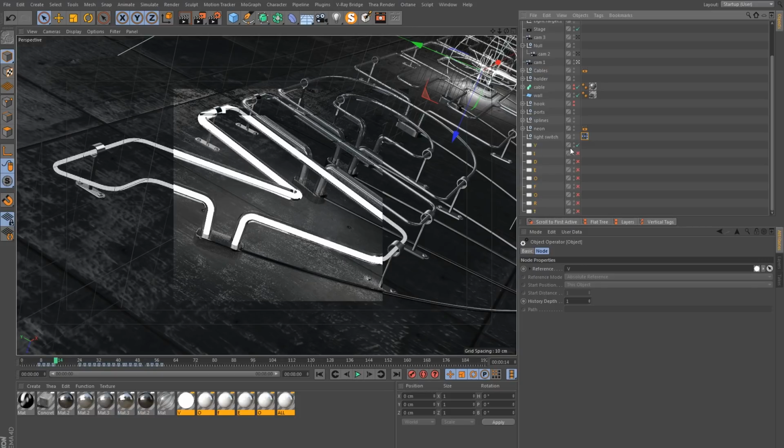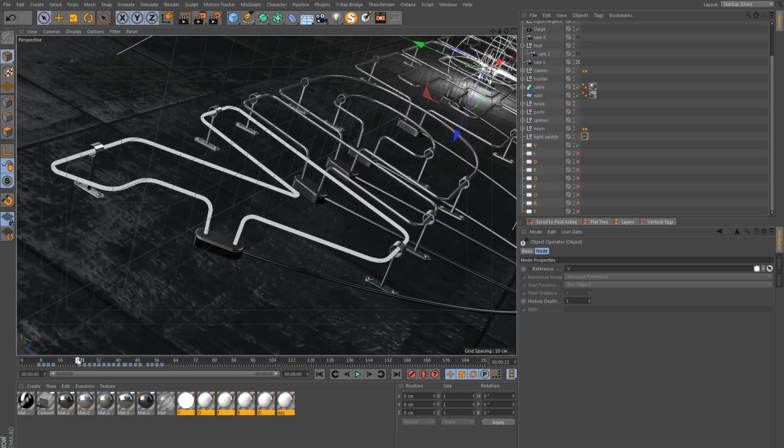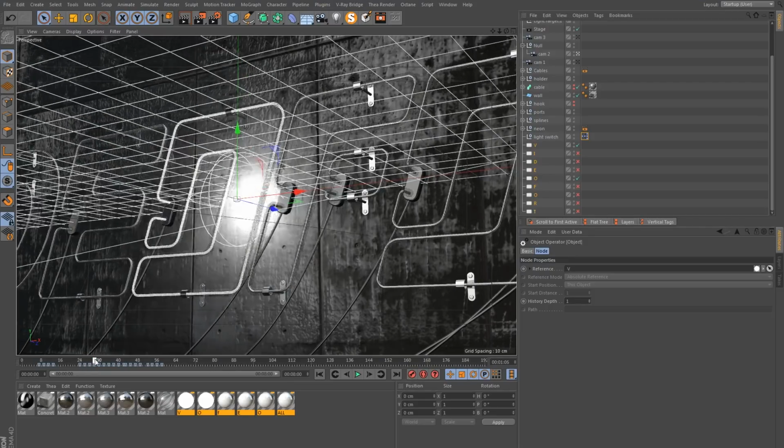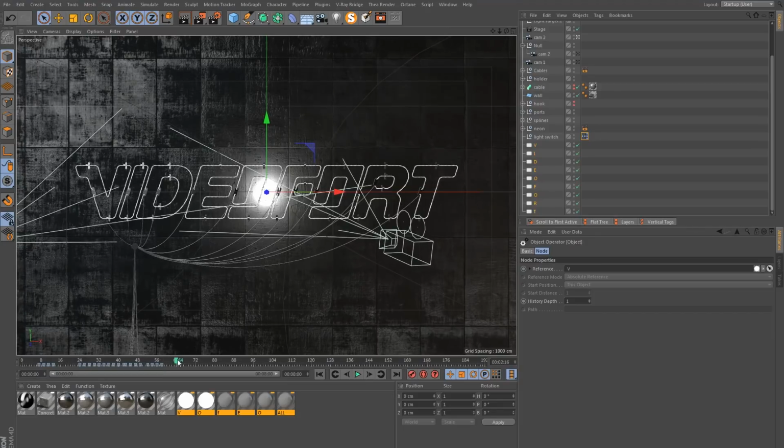Even in the object manager, that's what we see going on. And then when the other ones turn on, you can see it's synchronized to the material. And just watch as these turn on one by one. And of course, at the end, when all of them are on, we have this. So that's how you link up the lights turning on to actual real lights using some basic Xpresso.